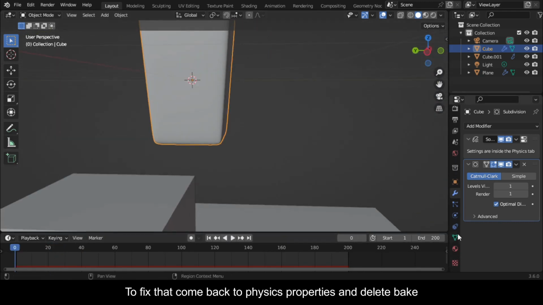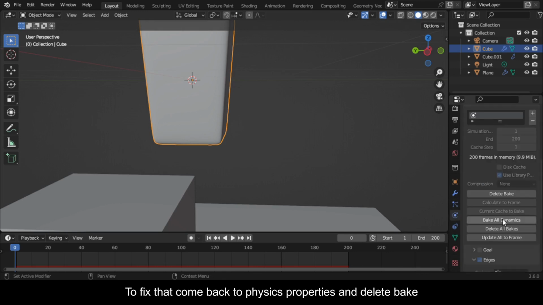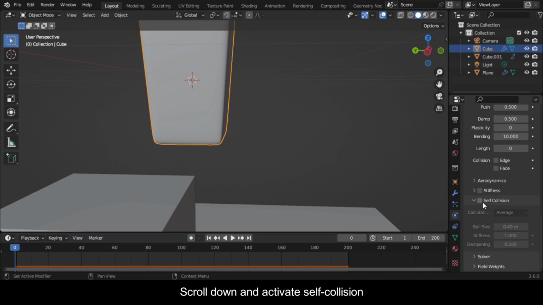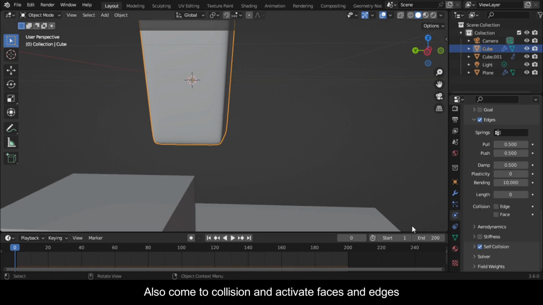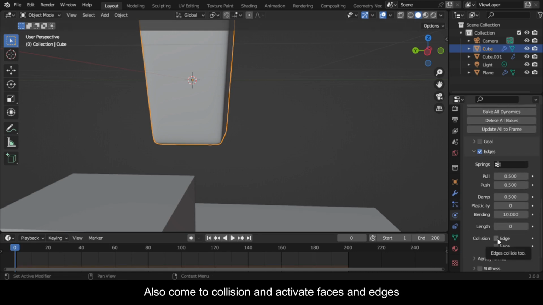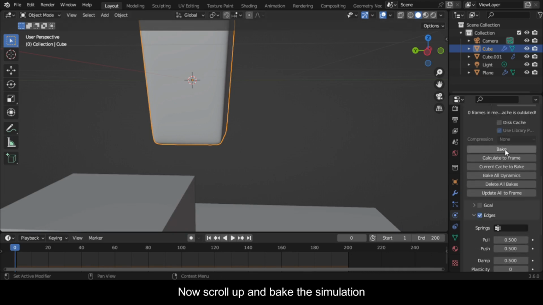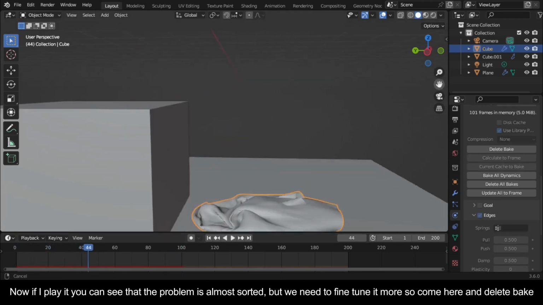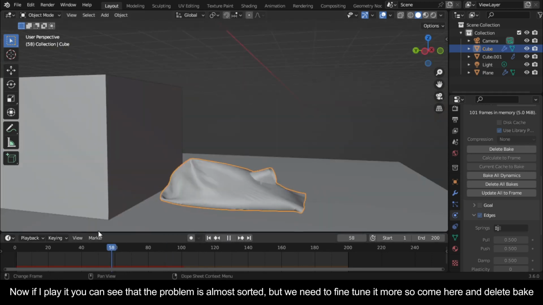To fix that, come back to Physics Properties and delete Bake. Scroll down and activate Self Collision. Also come to Collision and activate Faces and Edges. Now scroll up and bake the simulation. Now if I play it, you can see that the problem is almost sorted, but we need to fine-tune it more,